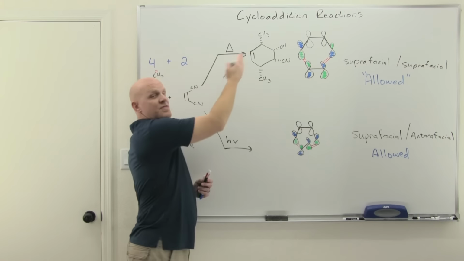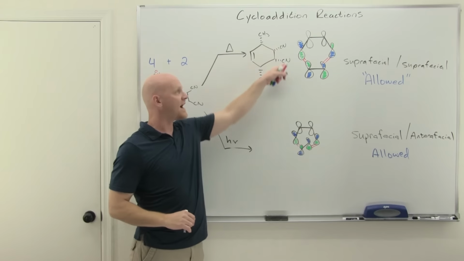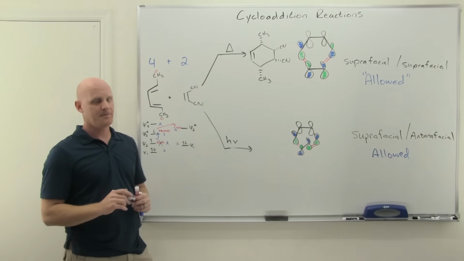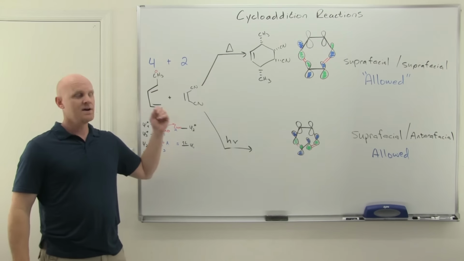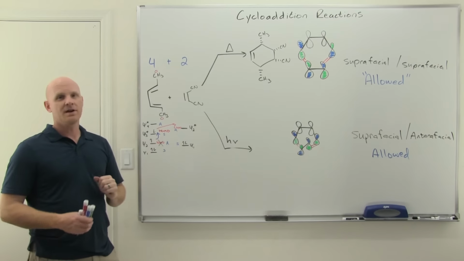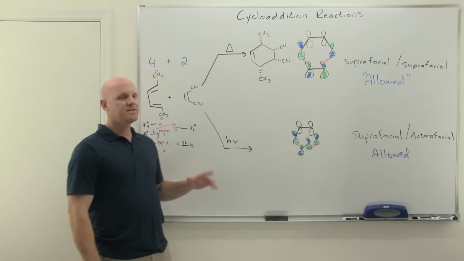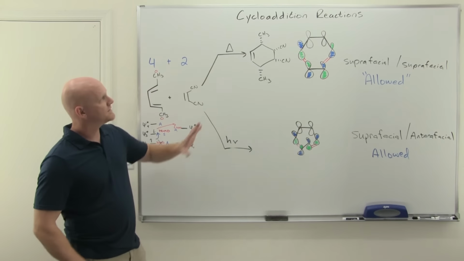And so in this case, you just get the one meso compound. Whether you made these all dashes or all wedges, it is the same thing. Now, if you do this under photochemical conditions, so now you're going to see something new. And it all depends on who gets to be antarafacial, because what you really learned here is that if